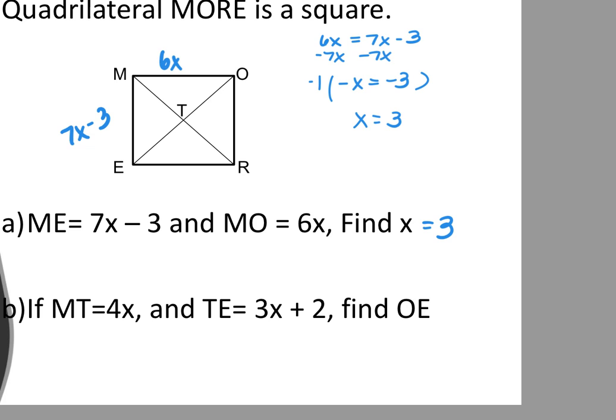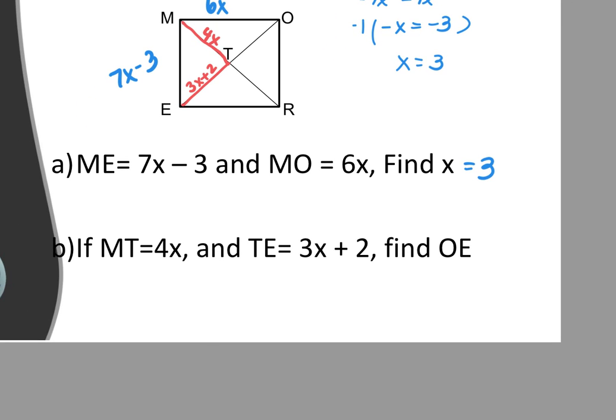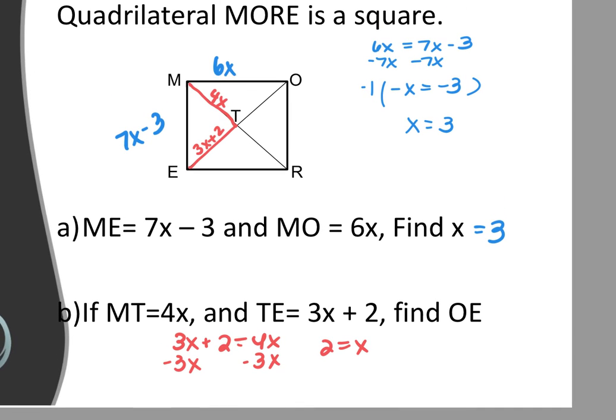Yeah. All right, then B says MT, which is half of my diagonal, is 4x, and TE is 3x plus 2. What's true about those? They're equal because the two full diagonals are congruent, right? And then you cut two congruent diagonals in half, making them also congruent. So 3x plus 2 equals 4x. Subtract the 3x. 2 equals x. And that's x, but it's asking for